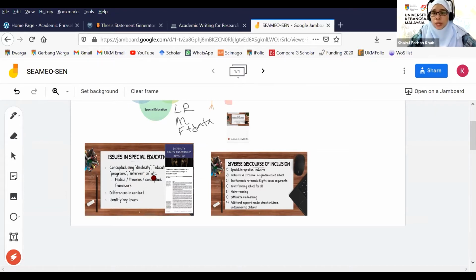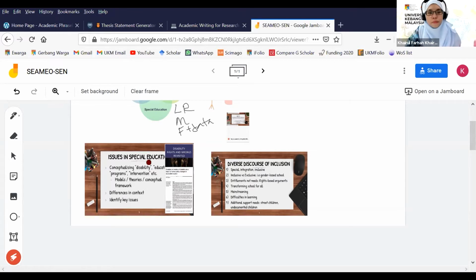We also have different models and theories, where you have to explore using references, meaning that there are other people who have studied what disability means within the community. So they have selected evidences. For example, Tom Shakespeare did research on defining